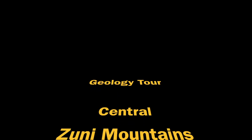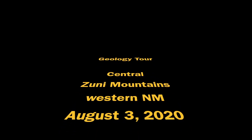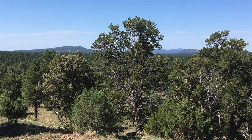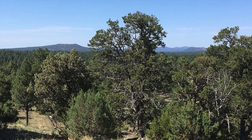Welcome to our geology tour of Central Zuni Mountains in western New Mexico. We went up there to look at some of the structures of the mountains. First, we stopped at the chain of craters where we could view off to the south, the crater chain heading off toward Globe, Arizona to the southwest, through which lava flowed, being a fault zone that brought the forces that